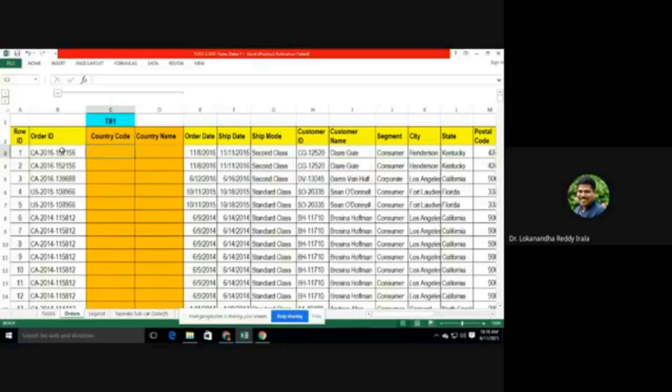So to take out the country, you can use the left function, then give the text from which you need to take it out and give the number of characters. So go to this particular text called P3, and starting from the left, return me 2 characters.